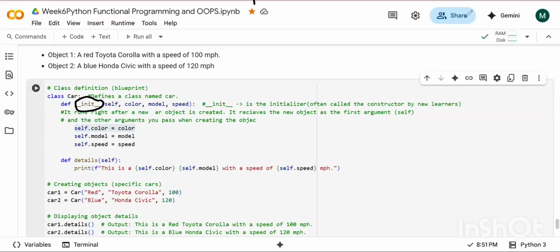Init is clear? So init is an initializer. Init is a constructor, which is going to help me to get the object which I am creating to the class. It will help me to call this object to the class.